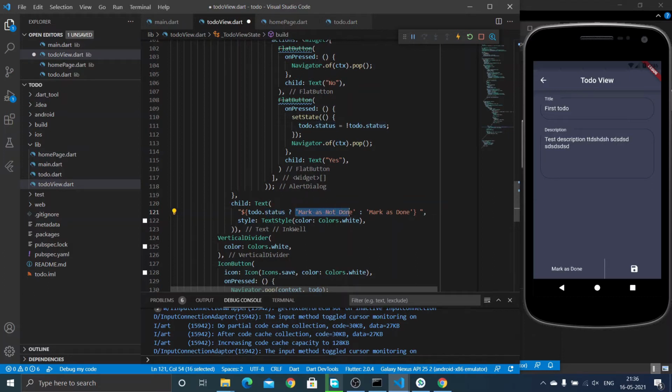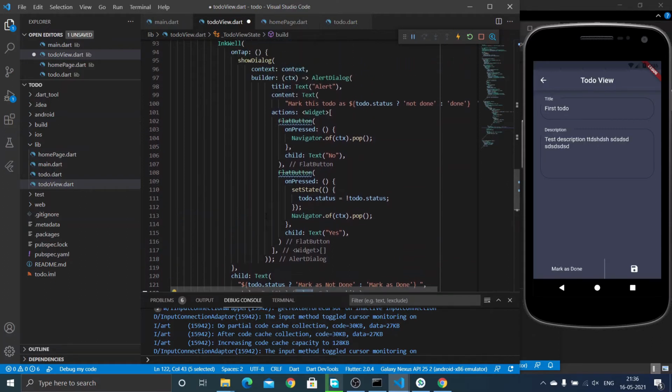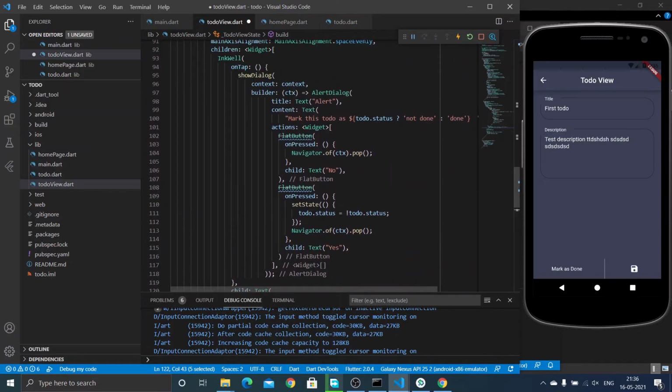If the todo.status is false, then we know that the to-do has not been completed, so we need the text as mark as done. So we can swap between the two texts. That's why we have implemented the code like this. I think you can follow up. Okay, so when we click on this mark as done or mark as not done button, we will get a dialog. It's a show dialog.